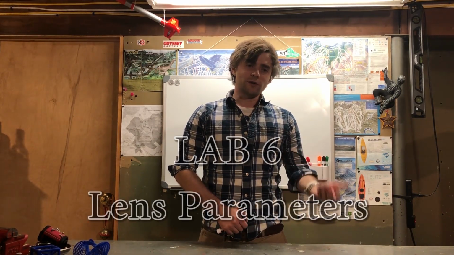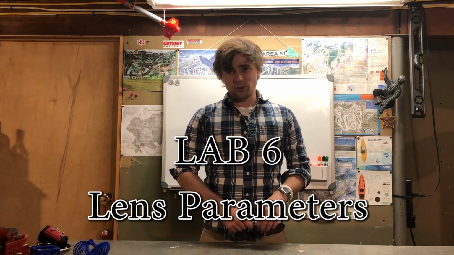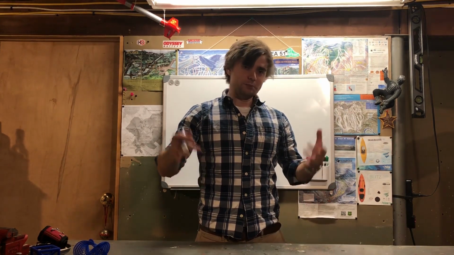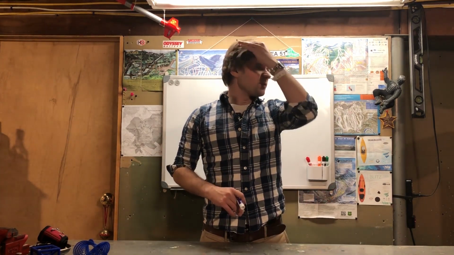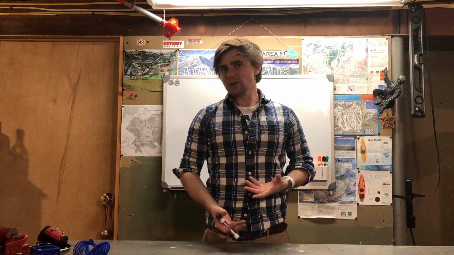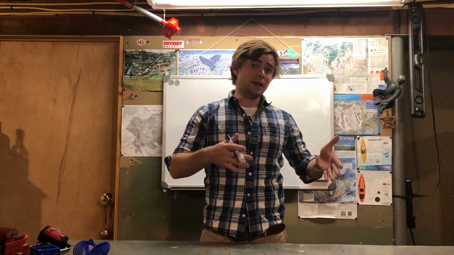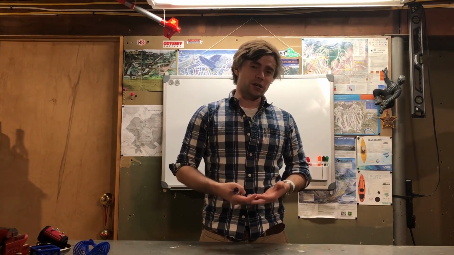This week we're going to go over Lab 6, or lens parameters. So the previous week we actually took the whole telescope, went out and observed the night sky. And we talked a little bit about what kind of lenses were in it and just the different components. This week we're going to go in depth with refraction and the actual different types of lenses that they use